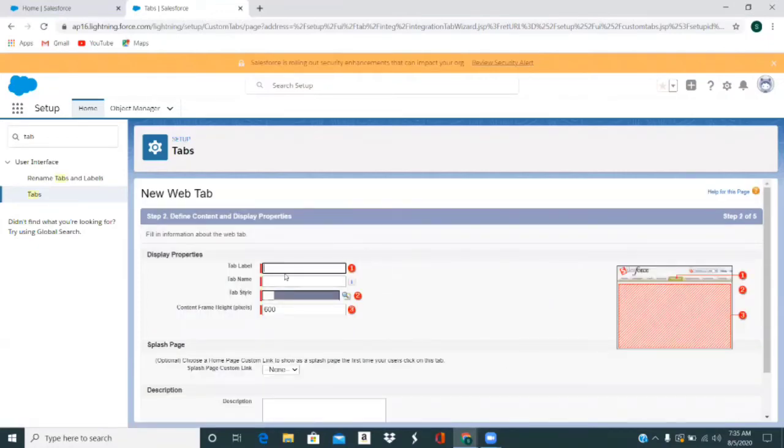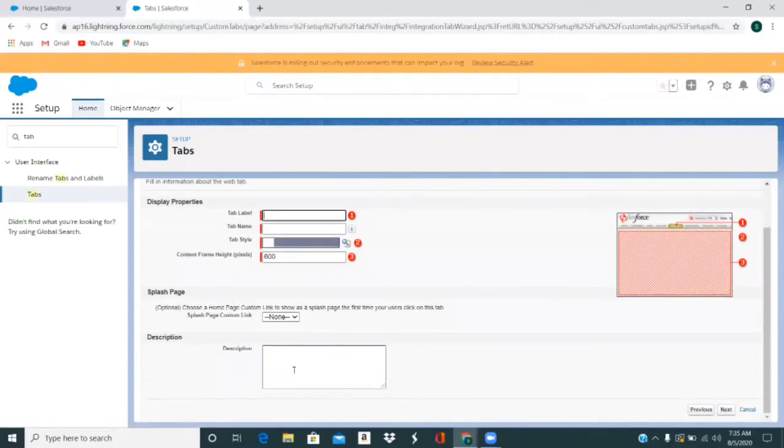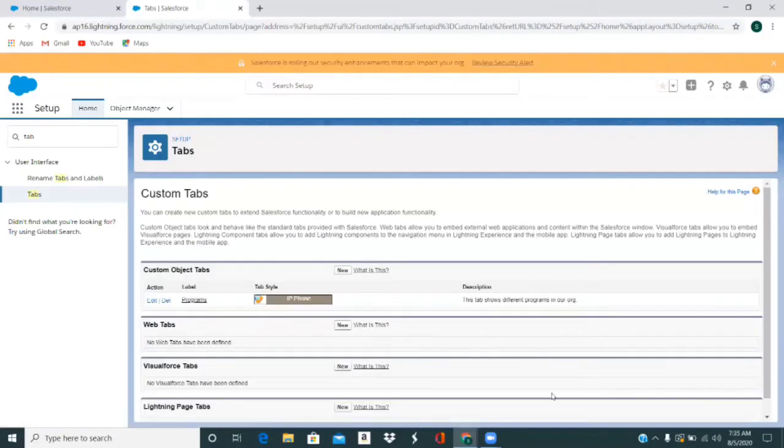You can get the tab label, tab name, tab style, what kind of pixels you want, and then you can get the description. And if you go ahead and click on next, it will ask you what is the URL address of that particular web page. You can embed it here and create your web tab.